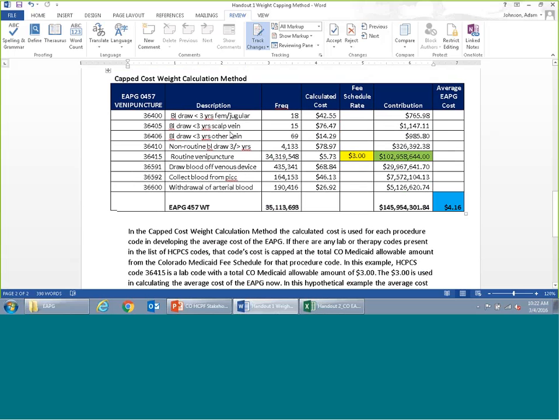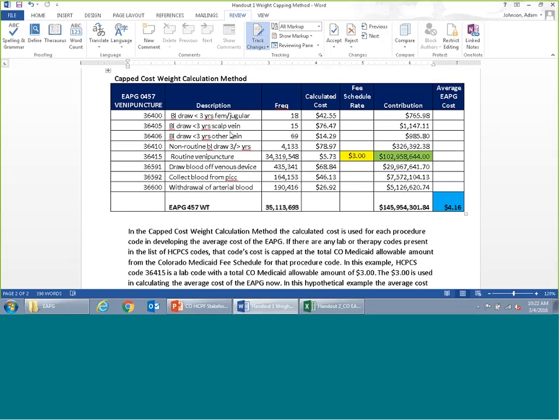The CAP method, instead of using that $5.73, would default to the fee schedule rate of $3. Now, this is only going to even affect the weight setting process when the cost exceeds that. If the cost of it was $2.73, then it'll just go through just like normal. But because it exceeded that, in order to maintain the CMS regulations on it, we cap it at the $3,